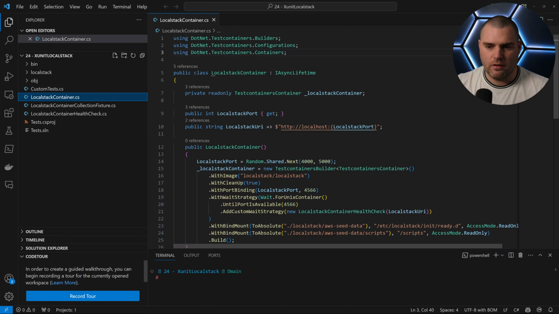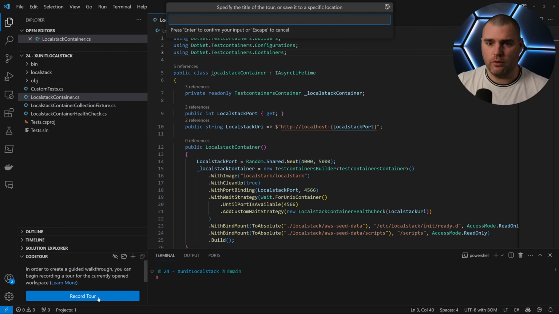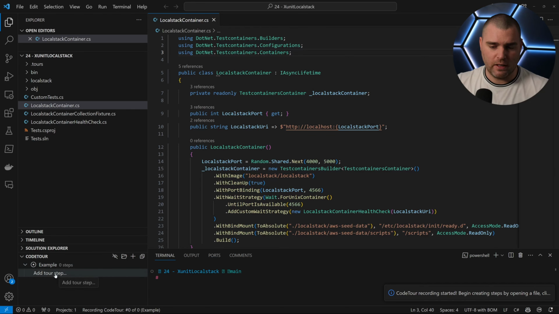First, if there's an existing tour already set up inside of your solution, it'll be highlighted in the pane down here in the bottom left-hand corner. Otherwise, you can click record tour and start recording a tour around your codebase. So let's just type in example to start creating our tour. As you can see, it's now appeared down in the pane in the bottom left, and we can add tour